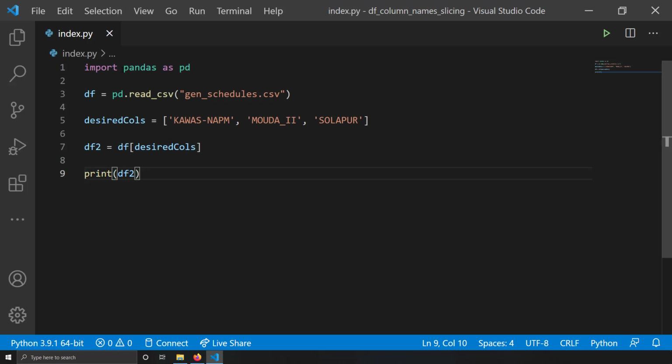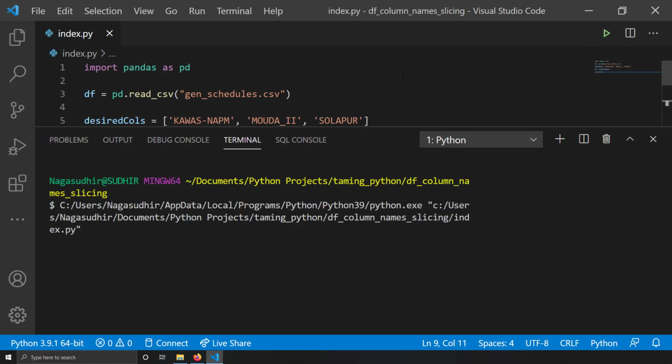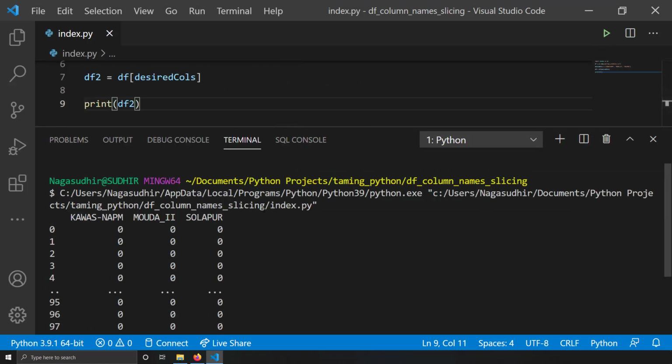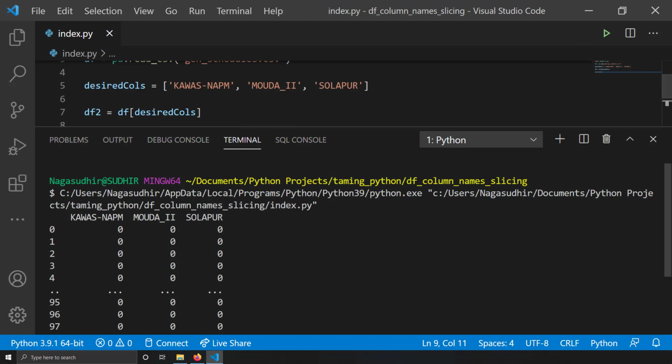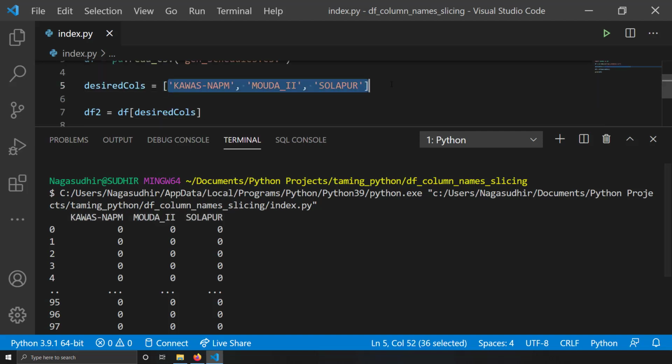What I did was I imported pandas, I created a data frame, I mentioned what my desired columns are, and I just called df of desired_columns. Then I got a new variable called df2, and I'm printing df2 to show you how it looks. Now I'll run this. Now I'm printing df2, and you can see df2 only contains the columns which I mentioned. These are the columns which I got, and these are the columns which I mentioned. In the original data frame there are many columns, but now I got only the columns which are required.